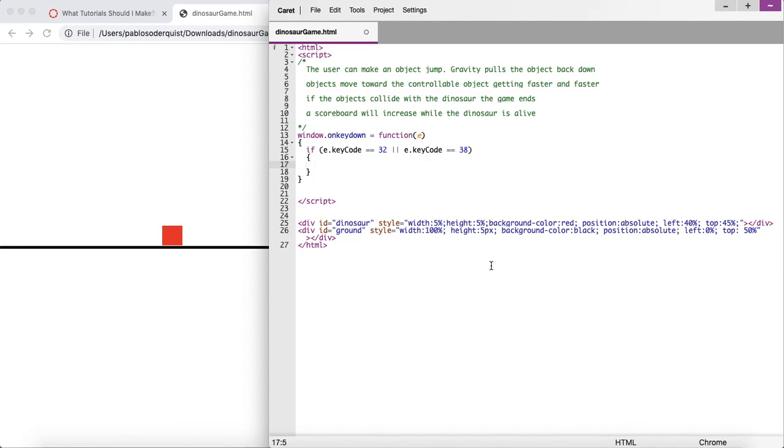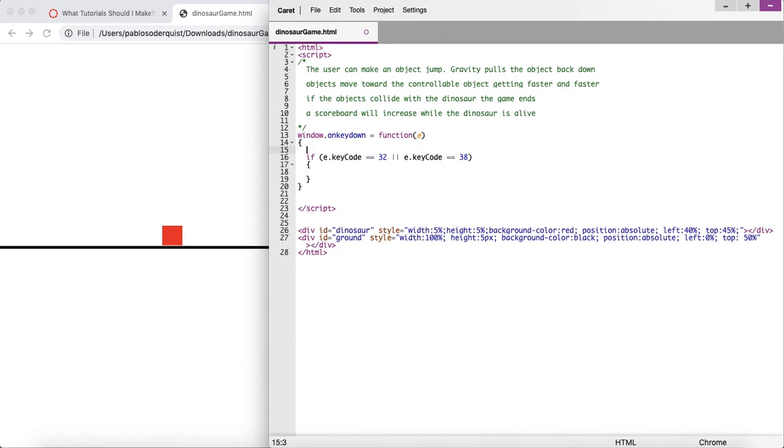All right, so let's try to just make this change its position for now when I press that space bar. So first off, we need to have access to that element, and we can use its ID to get that. So let's say var dino, you can name it whatever you want, obviously, equals document.getElementById, and then we'll say dinosaur. Okay, now I can say if they press the spacebar or the up arrow, then dino.style.top equals, and right now it's at 45%. So 40% would be a little higher than that. Oops, let me put that in quotes. So 40%, save that,